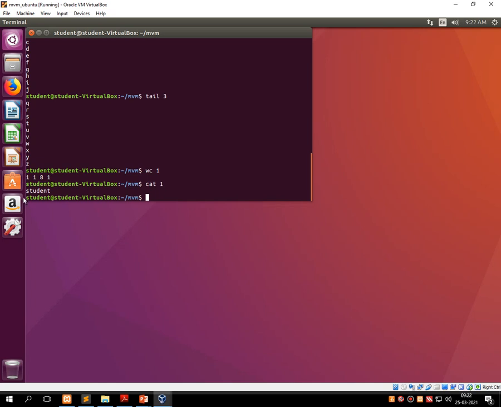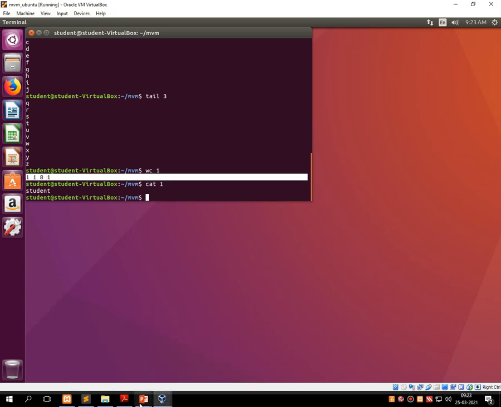Each character: 1, 2, 3, 4, 5, 6 and 7. A string always starts with 0, so 0, 1, 2, 3, 4, 5 and 6, and 1 is the blank space, or you can say the end of file. In total there are 8 characters. So in this way it shows the output.